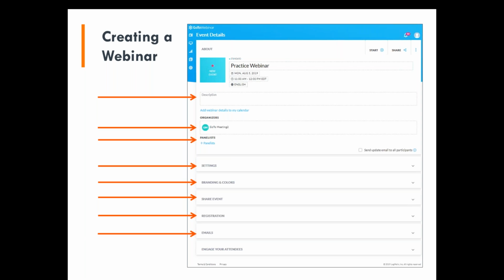Under emails, you are able to customize your messages for before and after the webinar, and these are actually pretty important. So you can customize when the emails are going to be released and what the text is, like recordings or different things that you can use to engage your attendees, what you want to include with those emails. So that's a pretty important section,